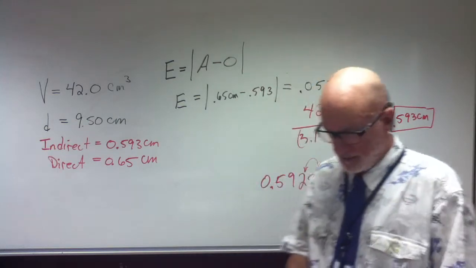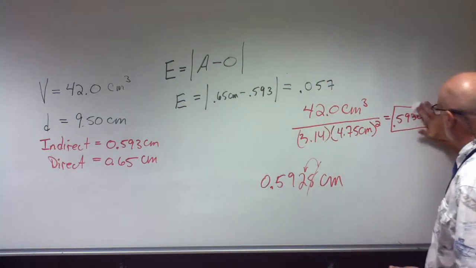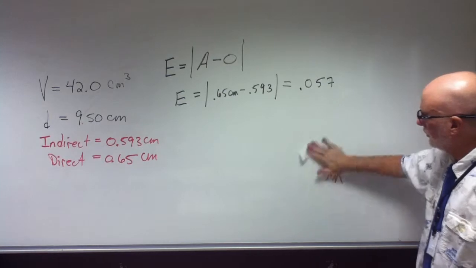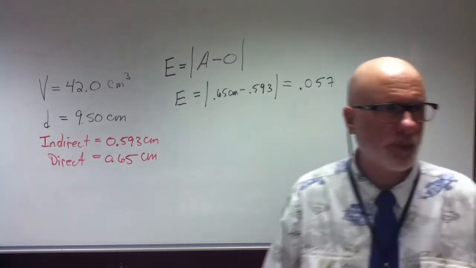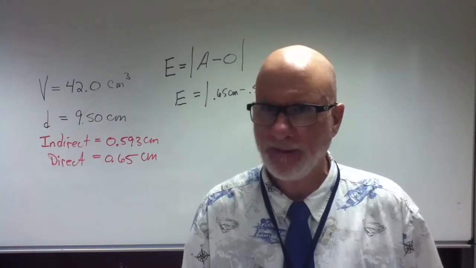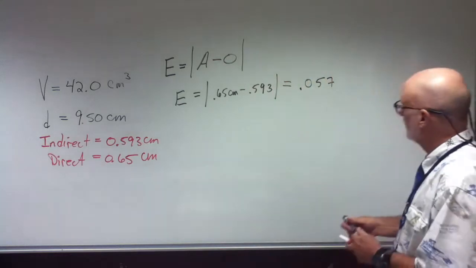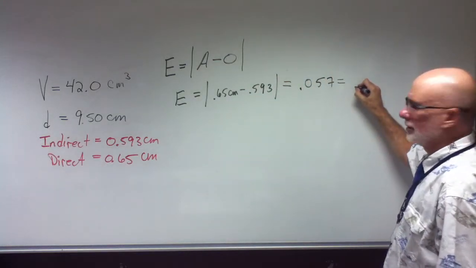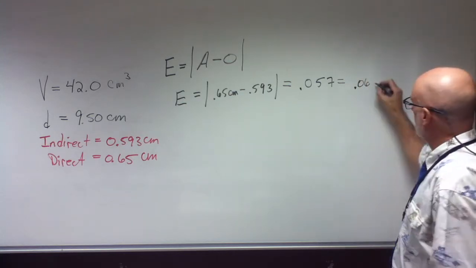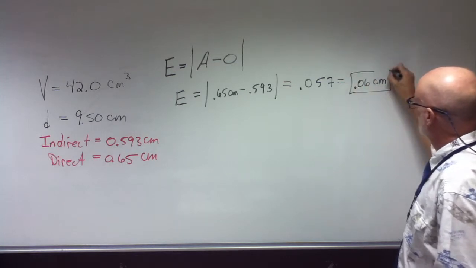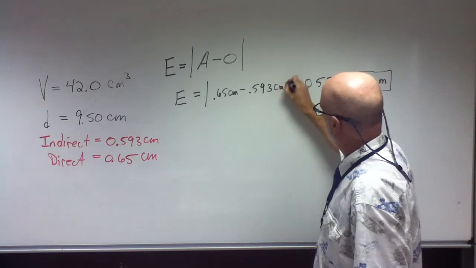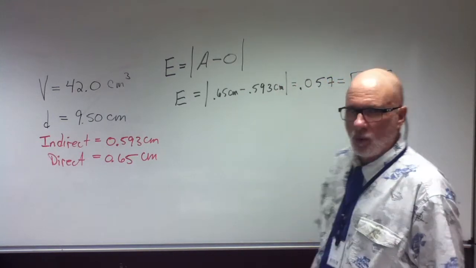That's not finished yet. What would the actual answer be? The error. What's the error? If you reported the error given the information as 0.057, I would give you no credit whatsoever. It's going to be 0.06. Correct? Centimeters. The centimeters don't cancel, do they? Right? Why